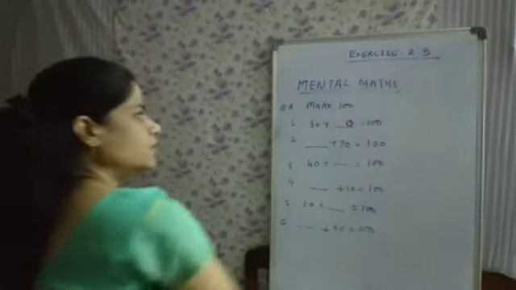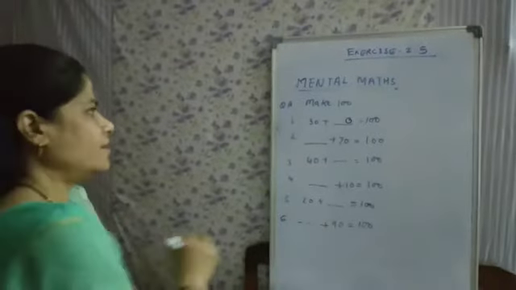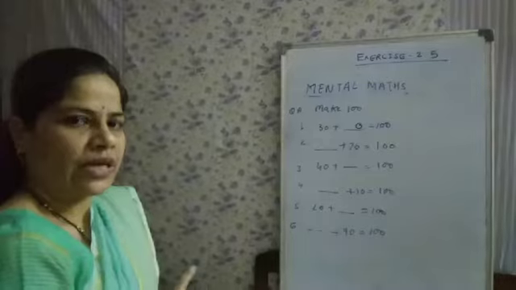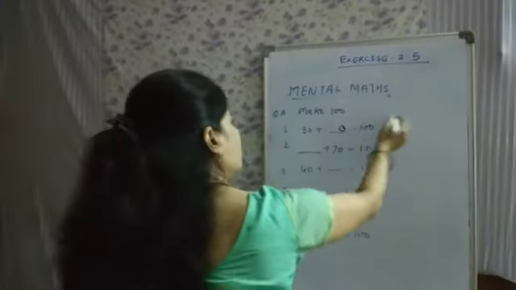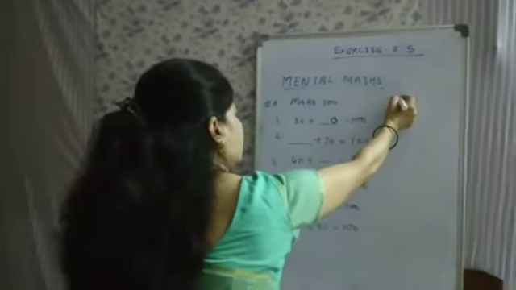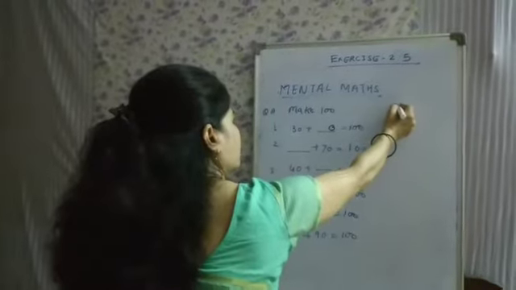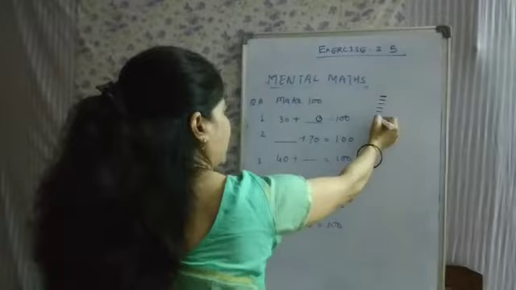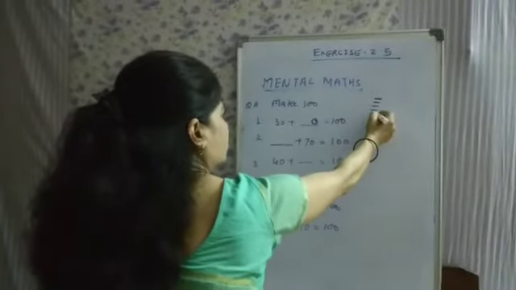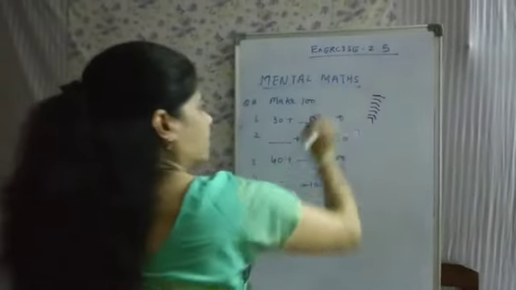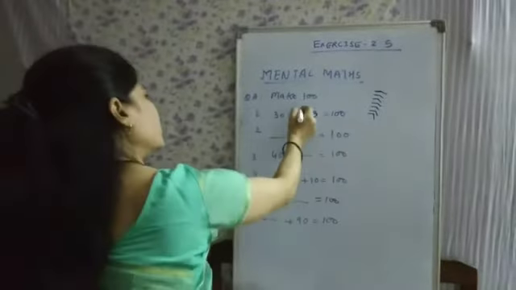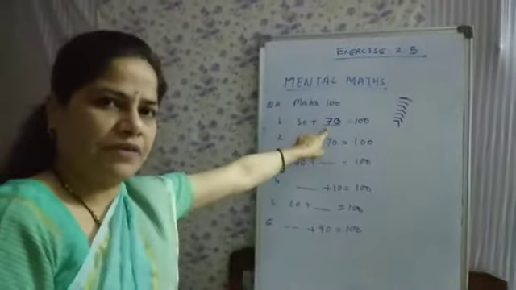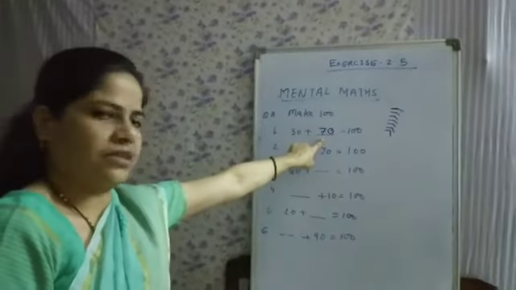So you have to put 0 firstly, and then after 3 you have to count up to 10. Okay. So when you count up to 10 after 3, you will get 4, 5, 6, 7, 8, 9, 10. How many lines here? 1, 2, 3, 4, 5, 6, 7. 7 lines here. So write 7 after 0. What number you will get? 70. So this is the answer.